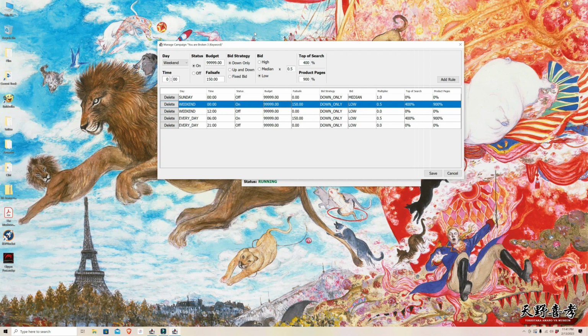Each rule can also change the campaign's bid strategy, as well as adjust the individual bids on each keyword. For each keyword, product, and category, Amazon offers 3 bid recommendations: a high bid, a median bid, and a low bid. Here you can implement any of these recommendations. There is also a multiplier that you can apply to these recommendations to bring them closer to your desired bids. I like to take the low recommendation and multiply it by 1/2. This prevents my ads from being shown in low conversion situations.